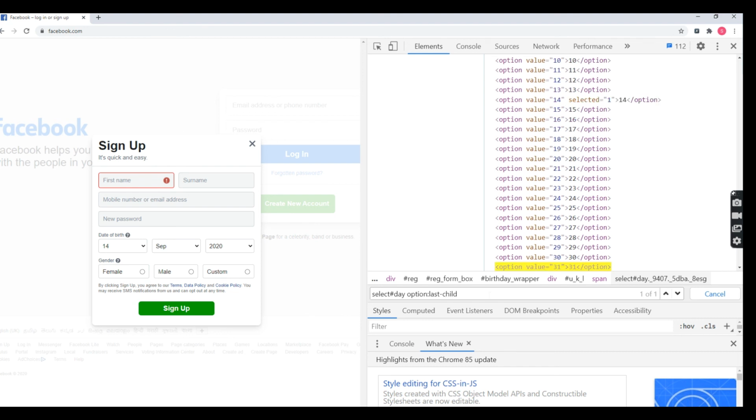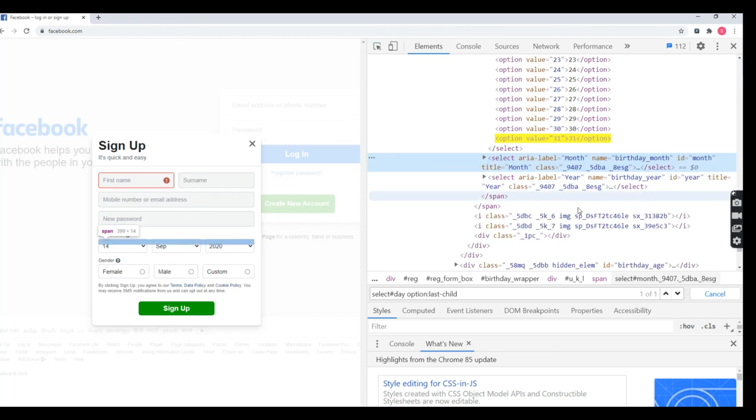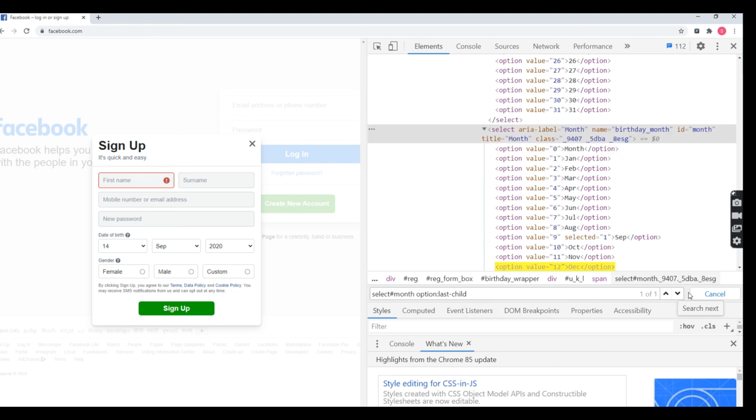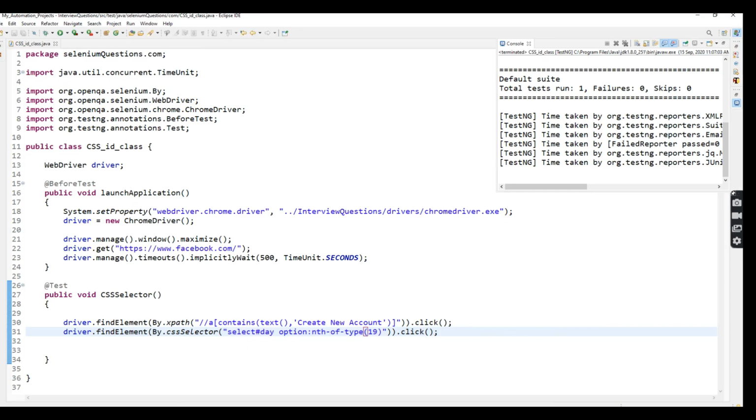So directly it will take the last one, and I'm going to use last child for this month one. Okay, so for month I'm going to change the attribute value id. The attribute value is month. Okay, so directly it will select December month.